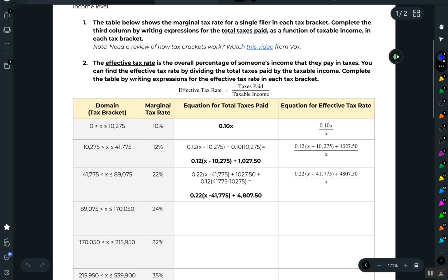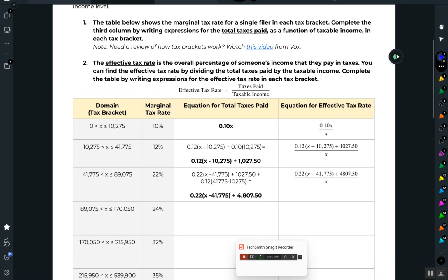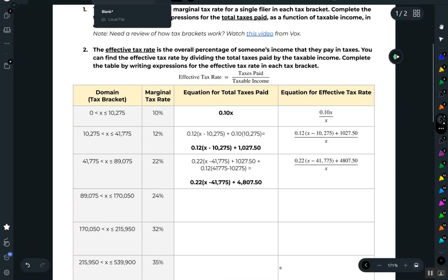Okay, and then they do a couple of rows here. Let's just analyze them. Sorry, my program was acting funny. So let's analyze them. If you just make the first bracket, it's pretty easy. You just multiply how much you make total by that first bracket. If you look at the second bracket, you have to only multiply the first